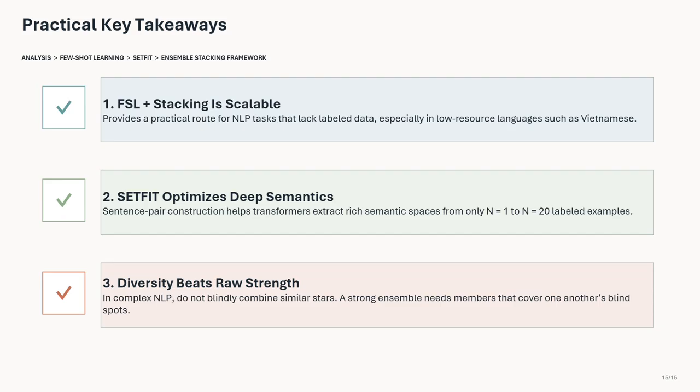The third and most important message is that diversity can be more important than model strength. For simple tasks, strong models can be enough, but for complex tasks, a weaker but different model can help the ensemble become more robust.